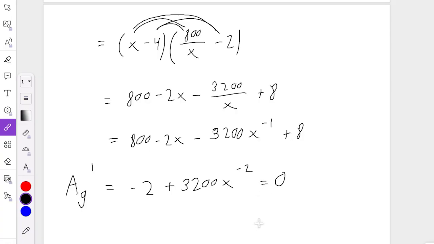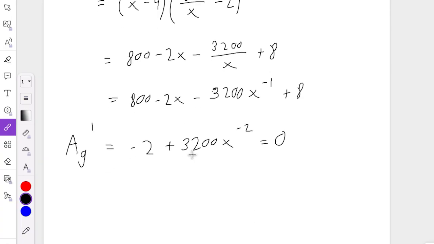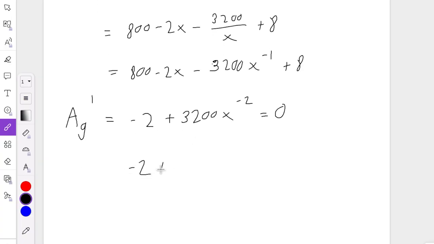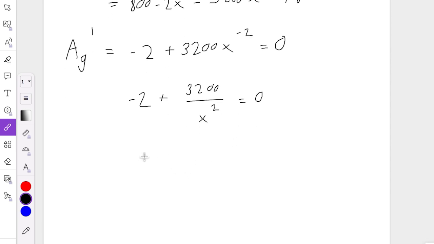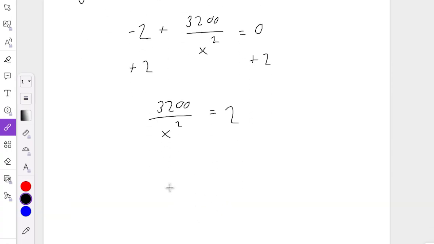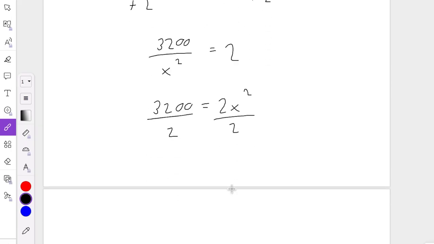Maybe from here you know how to solve the problem, so go ahead. But I'm going to keep trucking along. You're going to see me do the same thing I did last time. I'm going to rewrite this in the denominator, because that is a very good idea when it comes to solving. Then I'm going to add 2 to both sides of the equation. So 3200 over x squared equals positive 2. If you remember what I do next, I multiply both sides by x squared. And then we divide by 2. That's going to be 1600